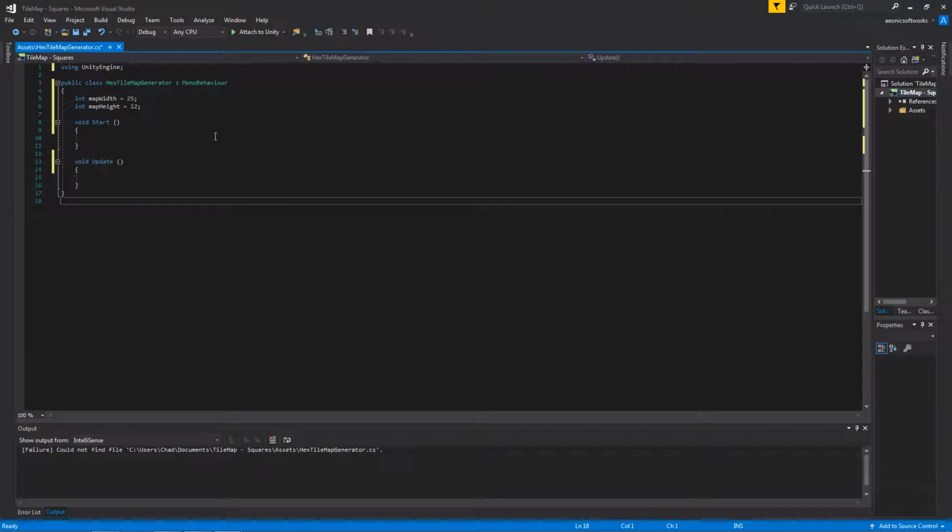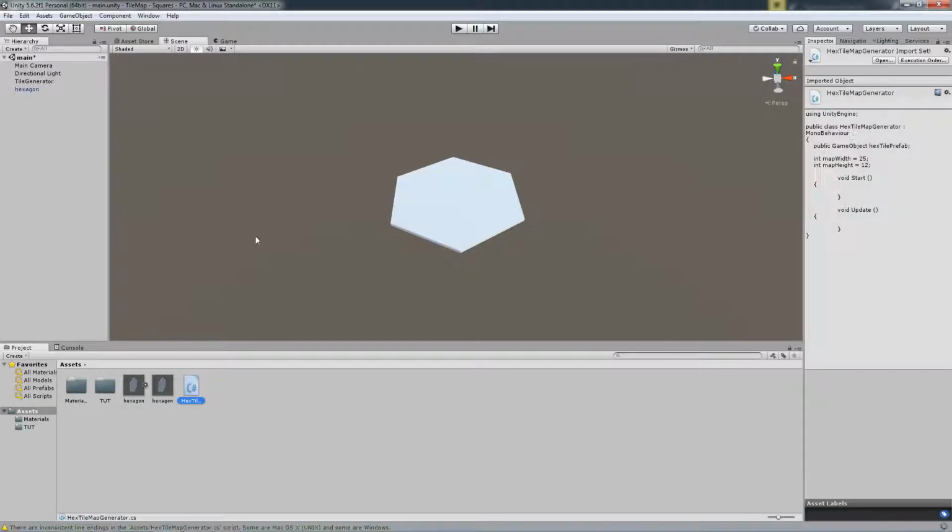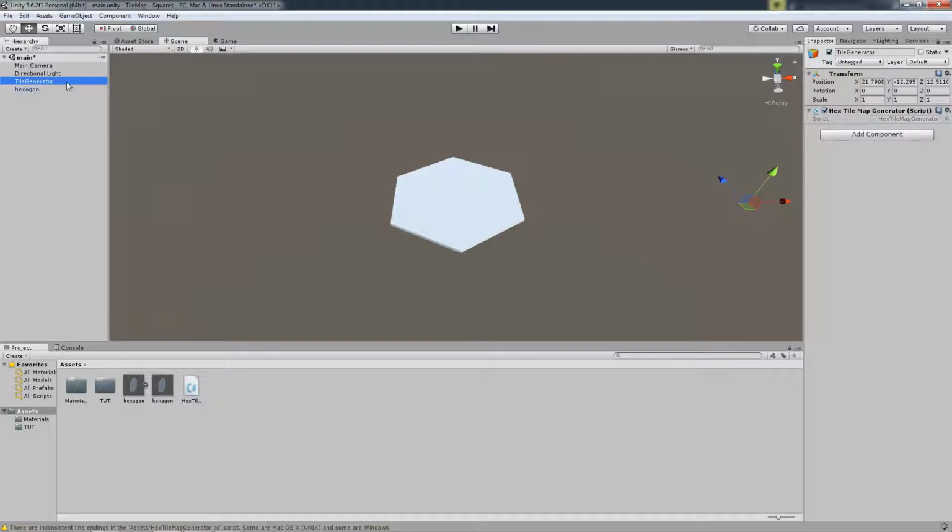So we're going to open up that script again, and at the top we are going to create a public game object, and we are going to call it the hex tile prefab. Just close that off and give it a save. Head back into Unity, and in this script on the tile generator, we will get this little slot pop up for the hex tile prefab. Just drag the second hexagon in, not the one with the little square. You don't want that one. You want to drag the other one in to there,